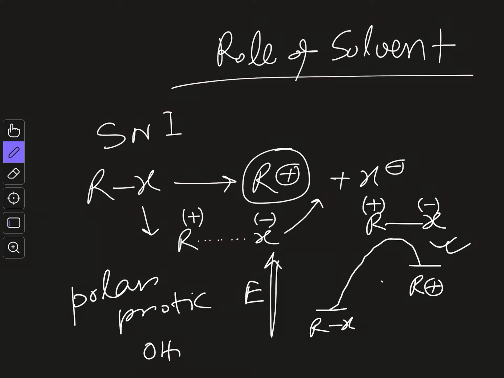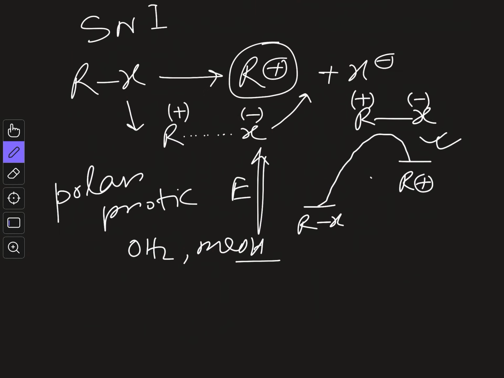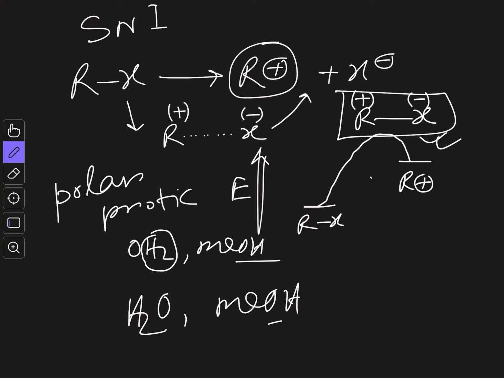And so that's why, if you do the reaction in a polar protic solvent like water or methanol or any other alcohol, these are called polar protic solvents because they are polar, and at the same time they have hydrogen bonding protons. In polar protic solvents, these types of species are highly solvated, because they are highly polar in nature. Like dissolves like, so polar solvent will like polar species. As you go from starting material to the transition state, you are generating polar species. So if you use solvents like water or methanol for SN1 reaction, they are very good.